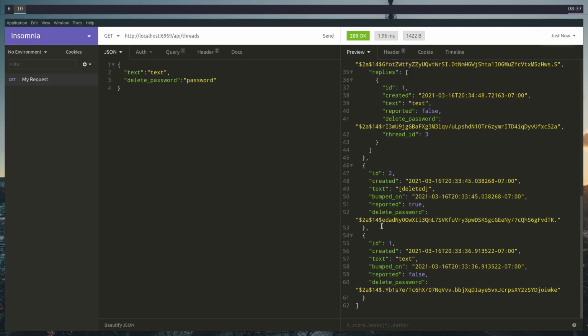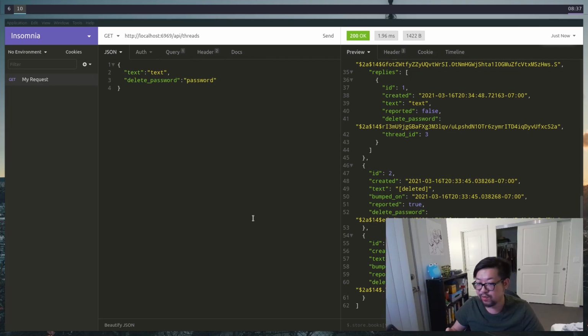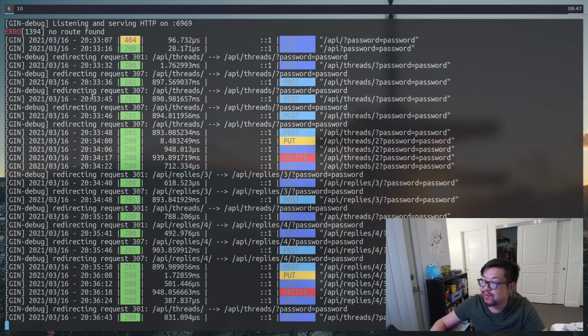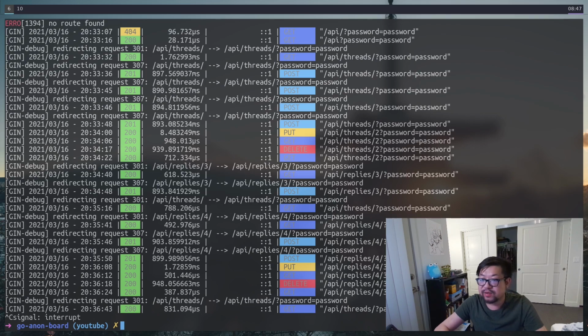So there's our omitted true, or omit empty, I think it's called. So we know that our API works. And here you can see all the routes being triggered as we hit all of them. But let's kill the server, because there's one more feature that I want to implement, and you can kind of